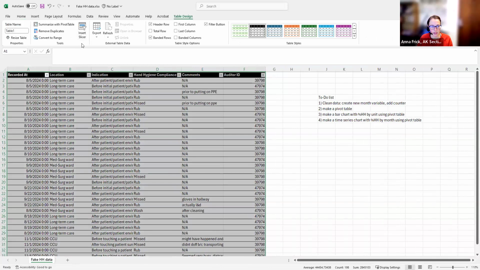There are lots of different table formats that you could have chosen. It does not matter in the slightest which you choose, except if you have color preferences. This isn't going anywhere. It just has to be formatted as a table to get turned into a pivot table, and also because it will make it easier for me to do some repetitive formula actions here in a second.